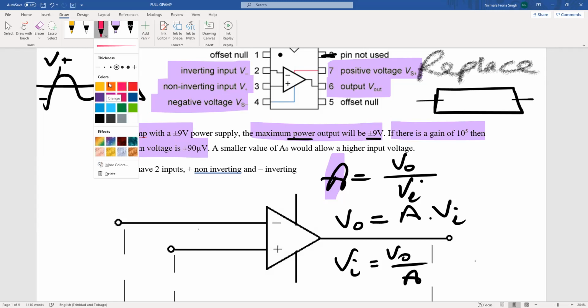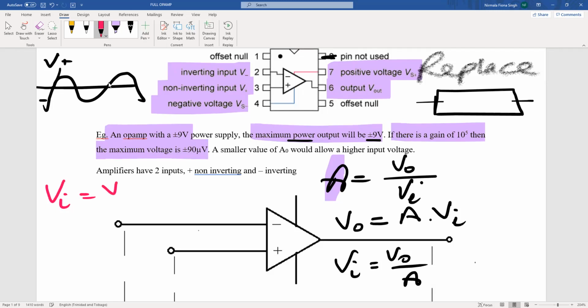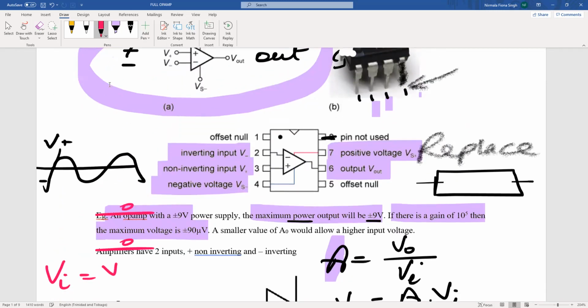So here, if we know that V_i is equal to V naught over,